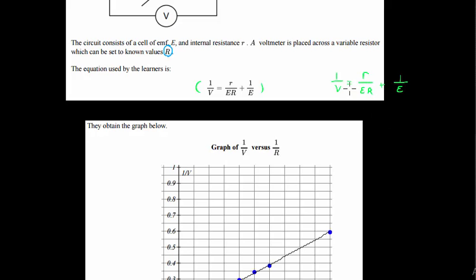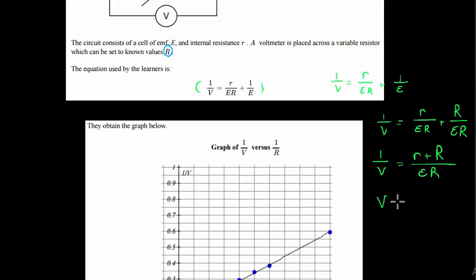If we were to add these values together, we would have 1 over volts is equal to, add those two together, so I've got r over ER plus, and then 1 over this must get a capital R over ER, and then if we add this together, 1 over V is equal to r plus capital R over, oh sorry, this one requires external resistance. There we go. Now if we flip it around,